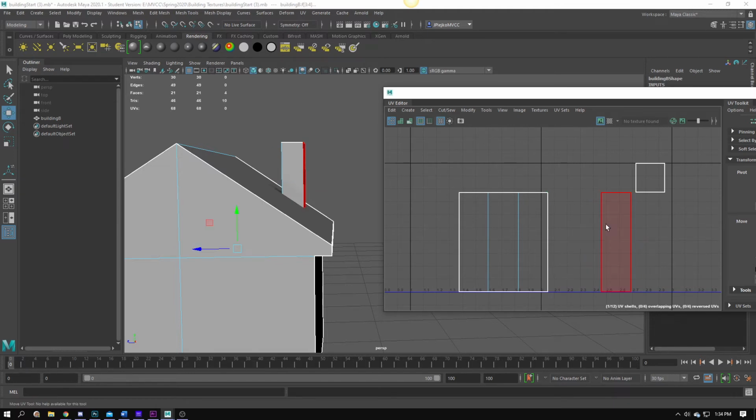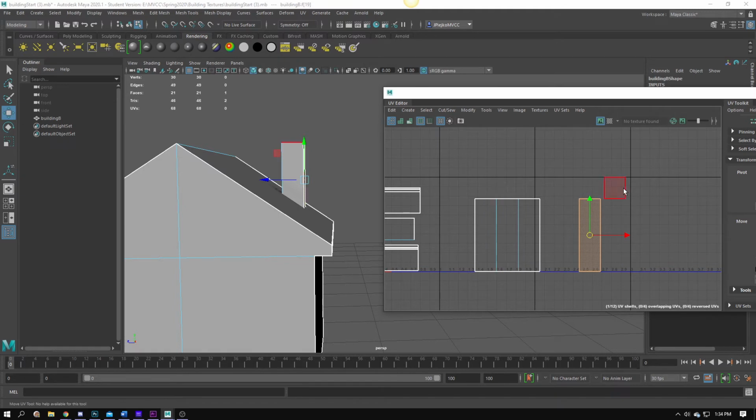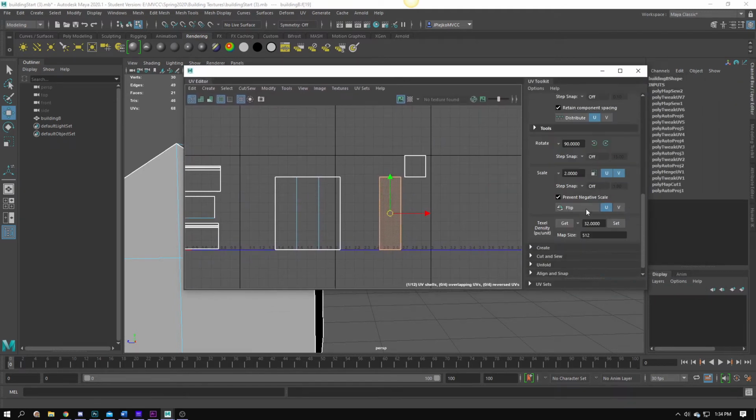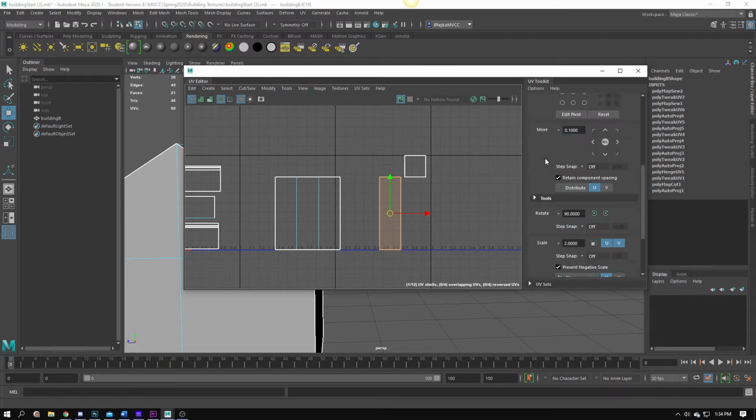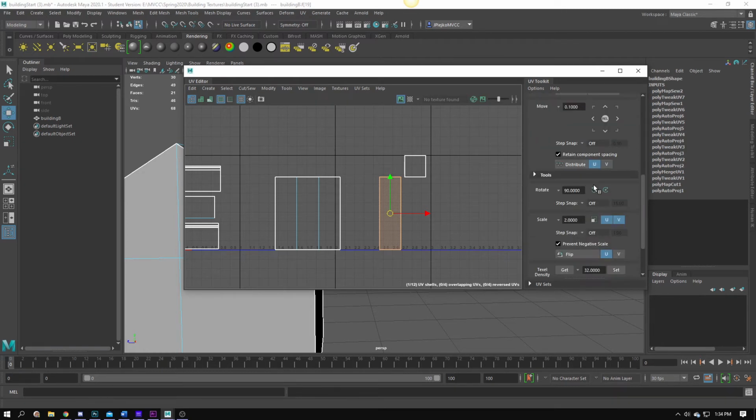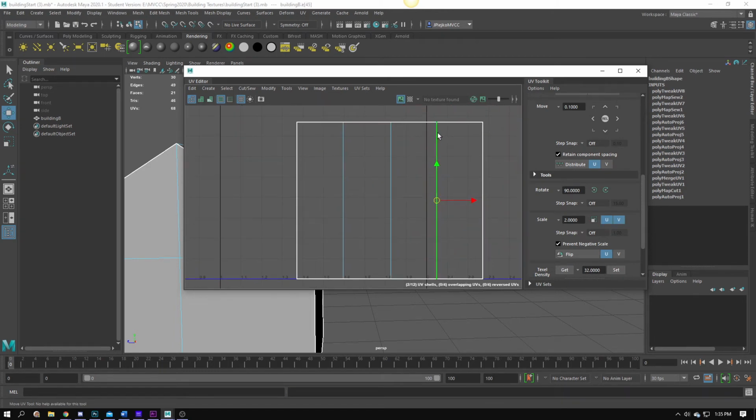This one flipped. So when the automatic unwrap happened, it actually flipped around that polygon. All I have to do with that is go down to Tools, or sorry, Transform, and rotate that around. So just 2 taps of that button rotated it around 180 degrees, because each time it was 90. And now I'm going to move this, and I'm going to just press the sew, and it brings it over. Notice how when sew occurs, it sews it without moving the shell. So to fix that, I'm going to click on this and move it closer. Okay, now grabbing that,